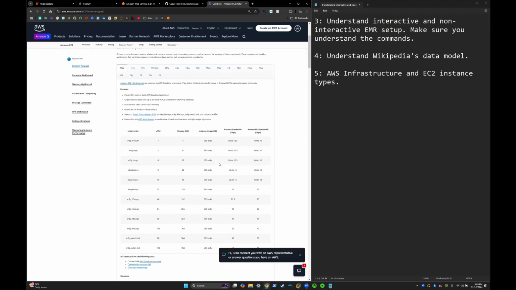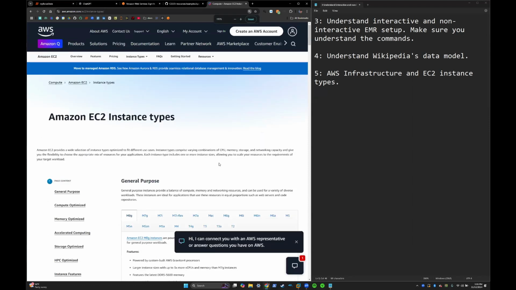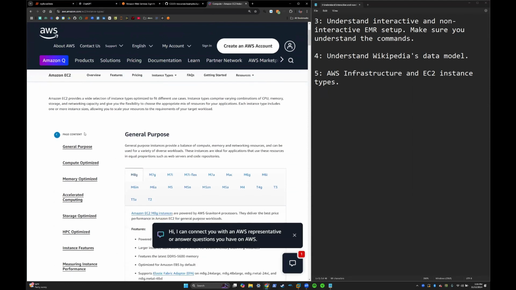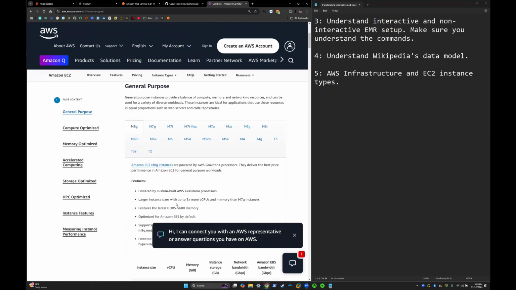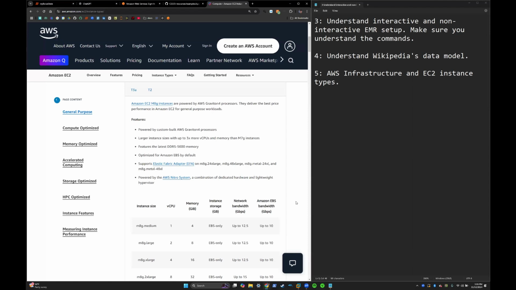All right. We look at this list of Amazon EC2 instance types, and we can see different families of instance type. We can see general purpose instances, compute optimized instances, memory optimized instances, and so forth. So what you need to do is know the types of resources that are available for these instance types, what the different sizes mean, how it's connected to the amount of resources they have, and what the different abbreviations